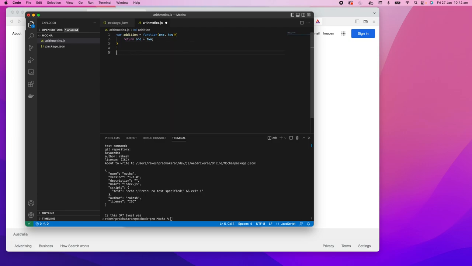Also let's have one more. We'll have it subtraction, and what should it do? Should have another function. It takes again 1 and 2, and it should return 1 minus 2. Okay, so we had 2 functions in this file, and let's see whether these 2 functions work